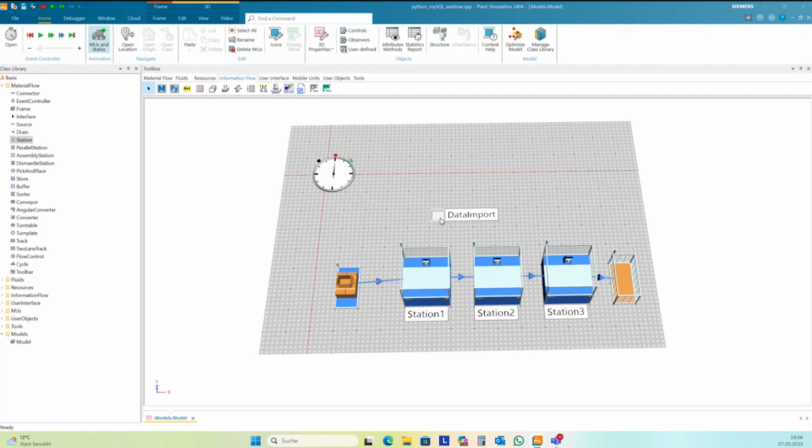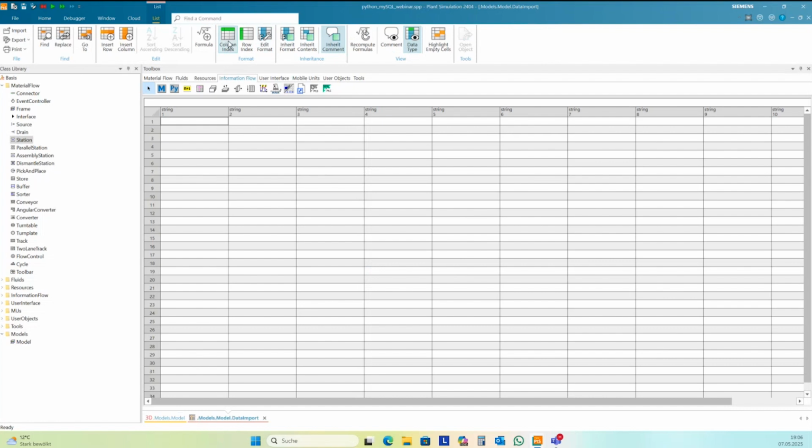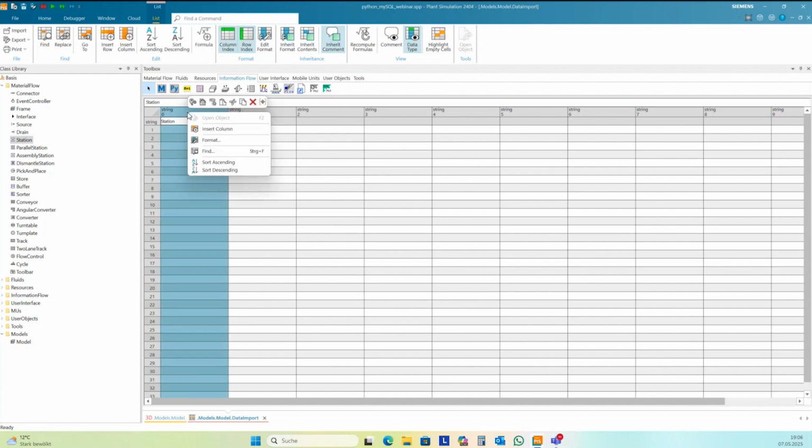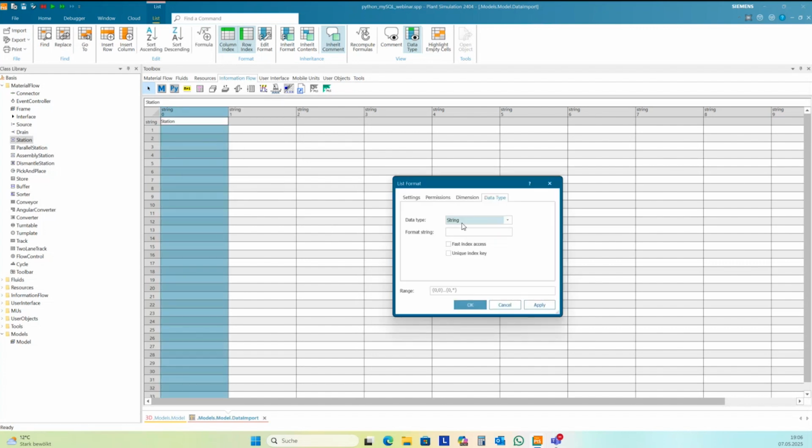And this data import should have a column index, a row index, and in the column index, row index should be the station. And I make it as a data type object.